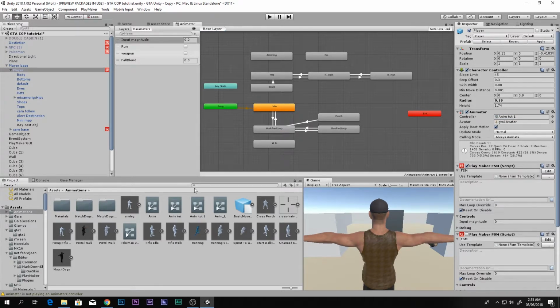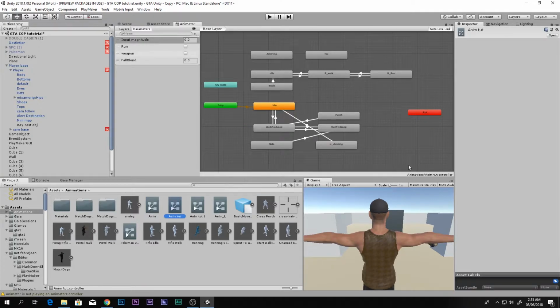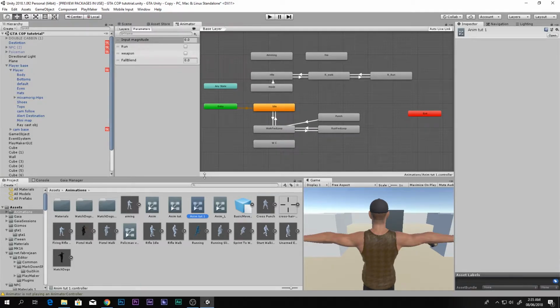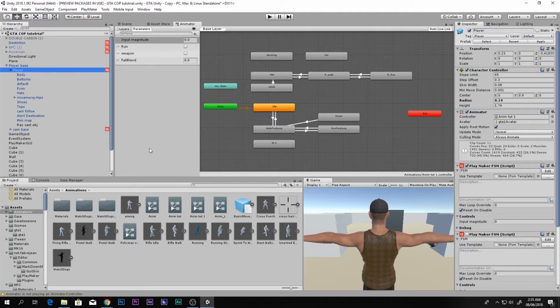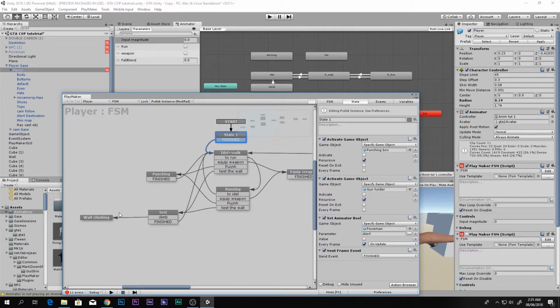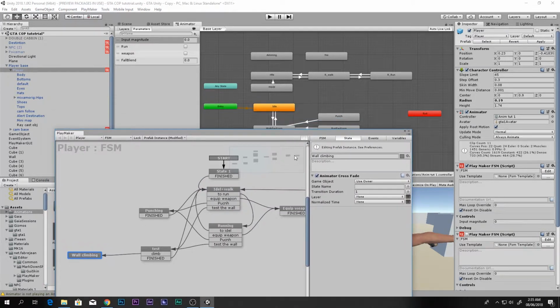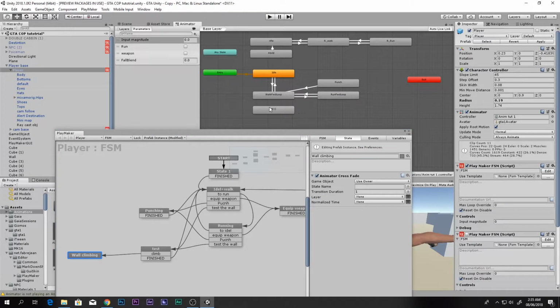This was what I was making, and this was what we made in the previous video, so that's a little confusing. Nothing to worry about. What we want is to crossfade from any state to this wall climbing